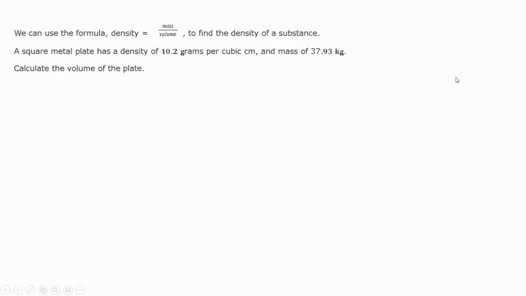Next up, we have a density question. Now, this one's going to be a lot easier than we think. It says we can use the formula for density is mass over volume. So we get D equals M over V. To find the density of a substance, a square metal has the density of 10.2. So D equals 10.2 grams per cubic centimeter. And the mass of